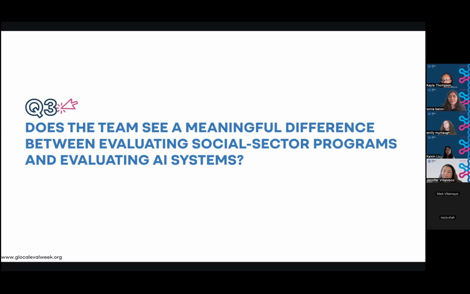Depending on the further ethical considerations, which you also have in social sector programs, and the other stakes that there are with AI systems, and the fact that technology does move at a more rapid pace than social sector programs, the implications can change a little bit. But if social good is merging with AI, and if that merge fully happens, I can see those implications merging as well.